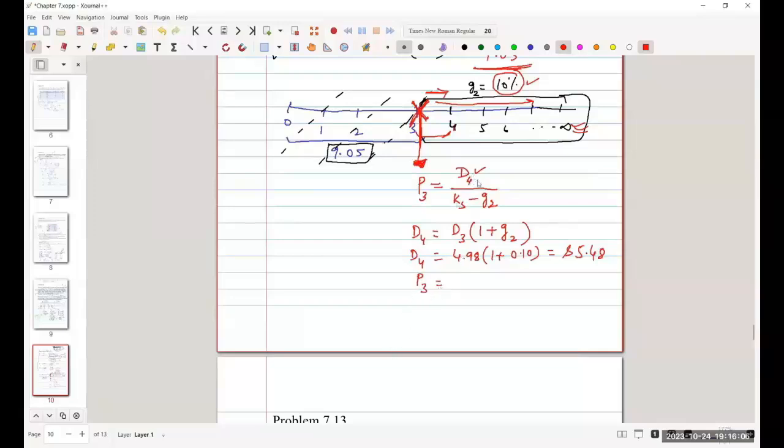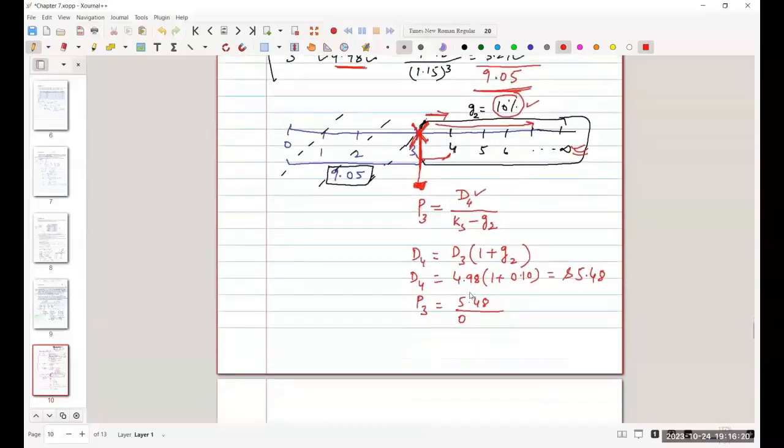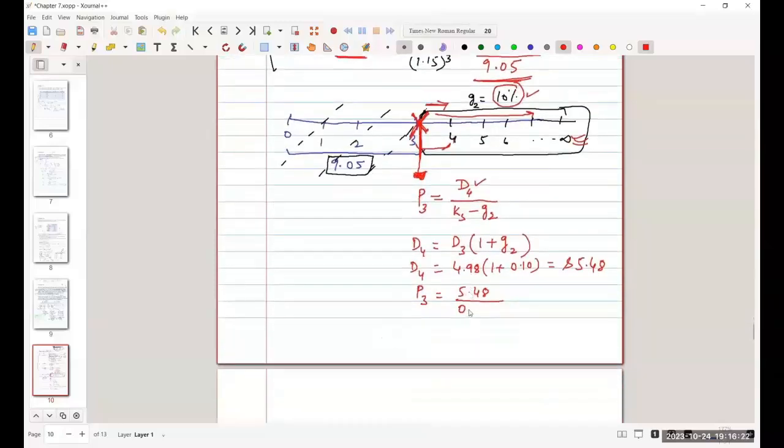P3 will be then D4, which is 5.48, divided by my required return, which is, in this case, if I'm not wrong, 15%. Just check. Yeah, 15% is the required return. And the growth rate in this part of the timeline, the second part, is 10%. So if we do this,